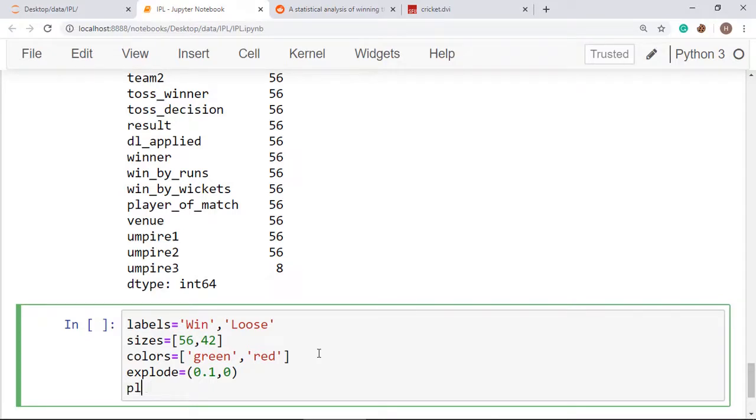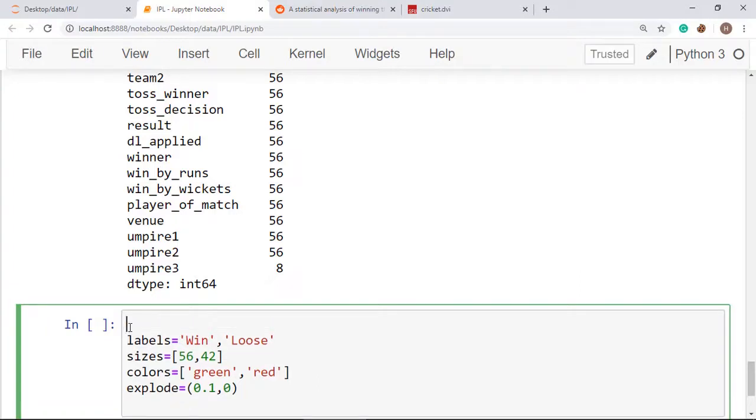We have to call the pie plot. So call it here: import matplotlib.pyplot as plt. We need the pyplot library for plotting the graph. Okay, now I am plotting the graph.